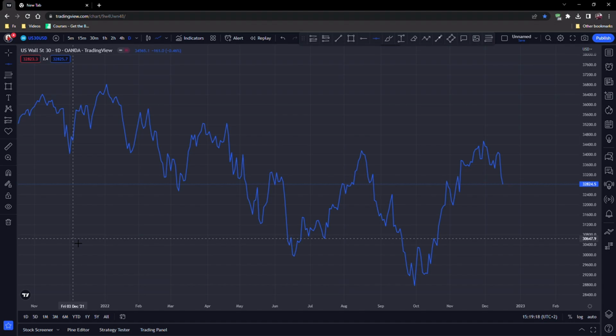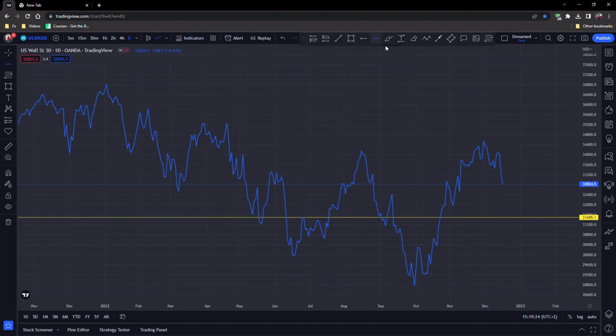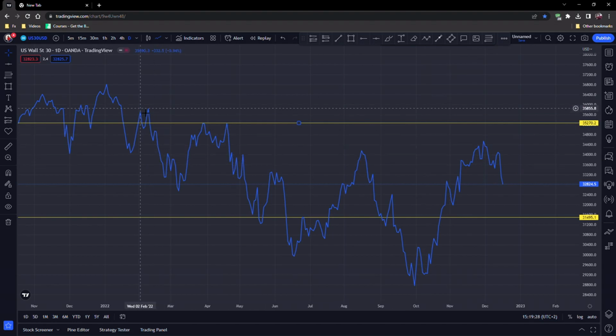We are currently looking at US30 or Dow Jones. We are gonna plot our weekly low and our weekly high. Can you see that the market did hit highs and then shot straight down in the previous week? So we're gonna go to the